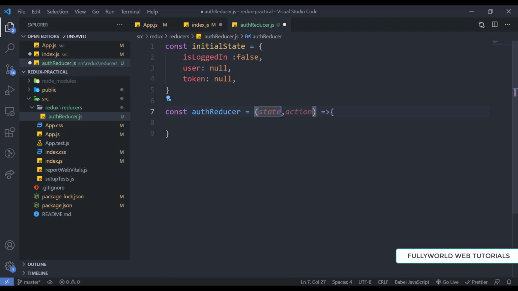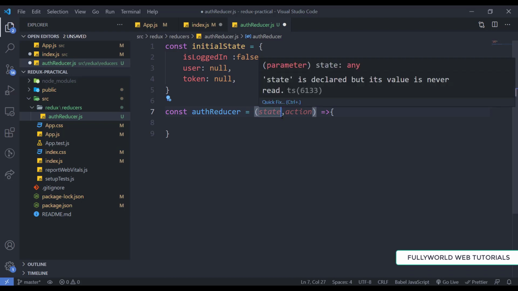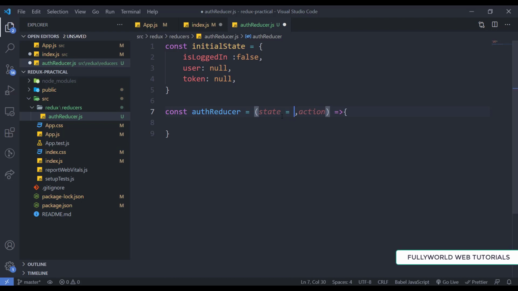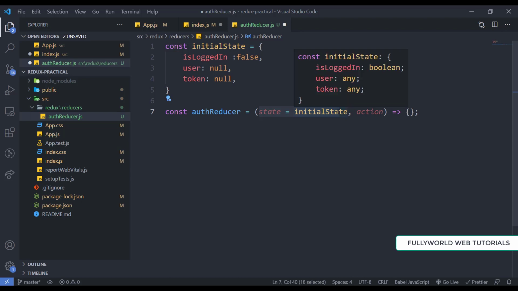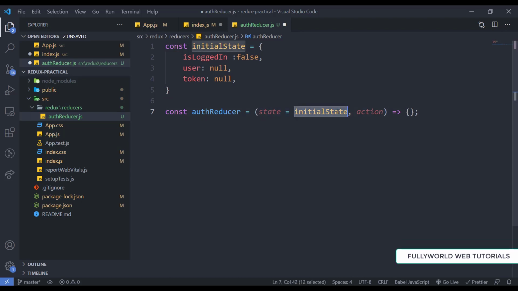But we haven't defined state, it is null here. So first we have to mention our initial state, so that by seeing the state it will update to our new state. That's why I mentioned state as our initial state. So by default the initial state will be like this.